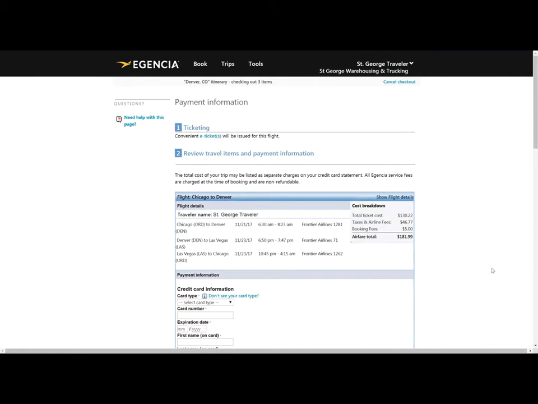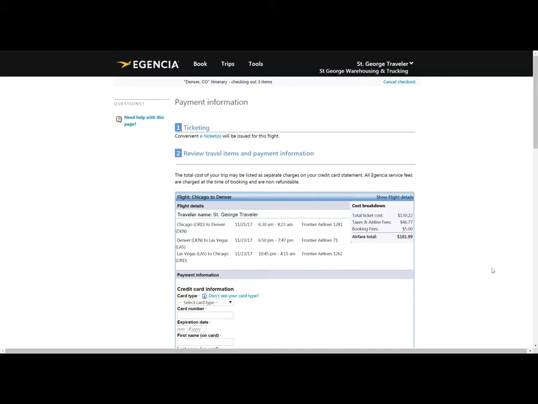And so now it brings us to the payment page. Before this, usually there is a seat map where you can choose your seat. Sometimes, based on certain flights or airlines, if they're offering the seat map ahead of time, then that will show up. Based on the flights that I chose, it's not giving me one, but it will pop up